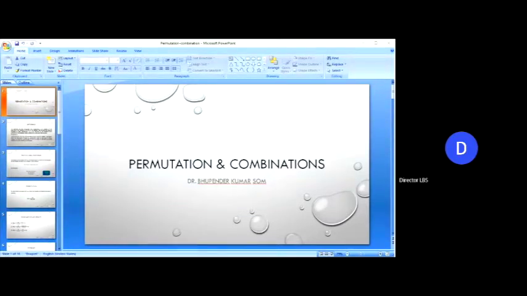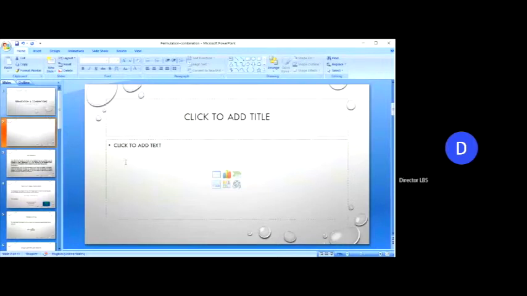Let me just tell you a little bit about set builder and roster form, right? So I'll be sharing a PPT. Can you see the PPT? Yes, sir. All right. So let me give you a little glimpse of what the roster form is about and what exactly the set builder form is.